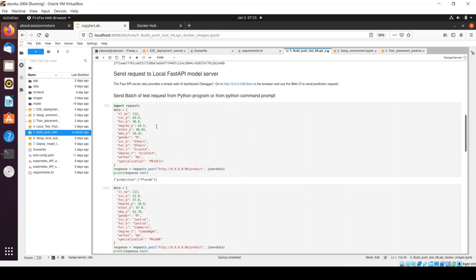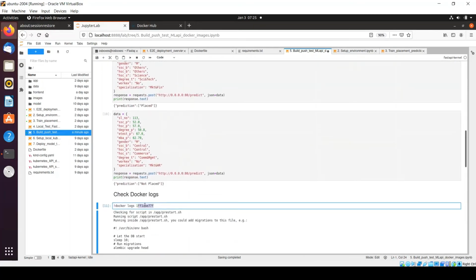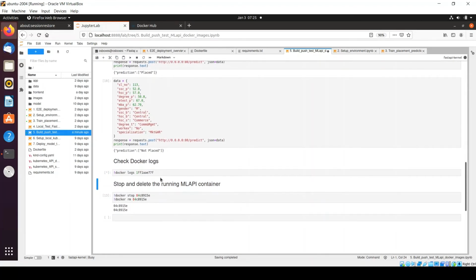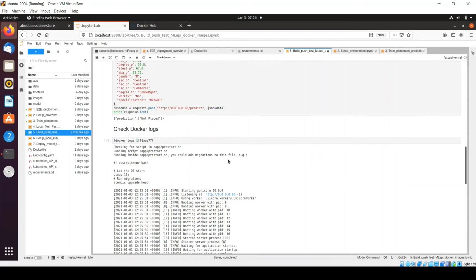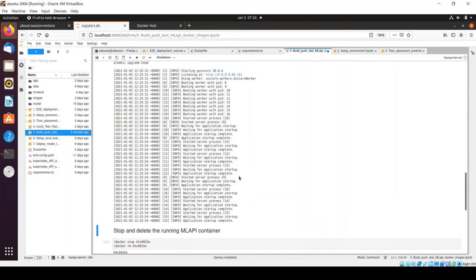So whatever you have copied from this statement, just copy it and run it. It will provide all the logs from my running Docker container, so that we would be able to monitor the progress of whatever activities are happening within the Docker container environment.